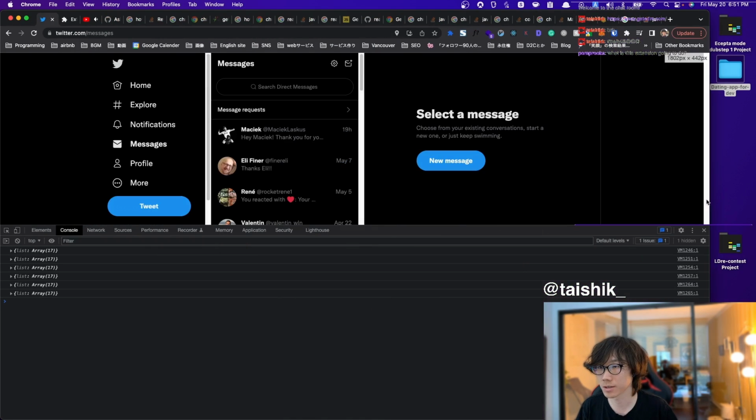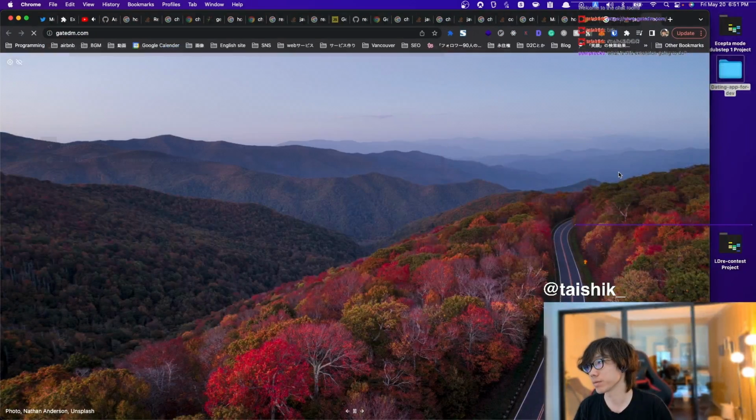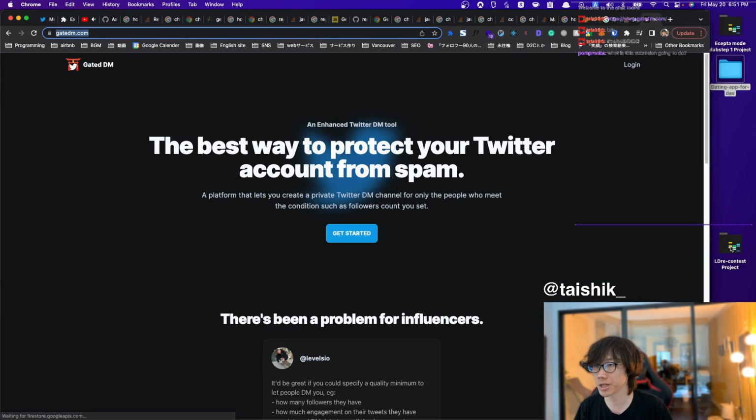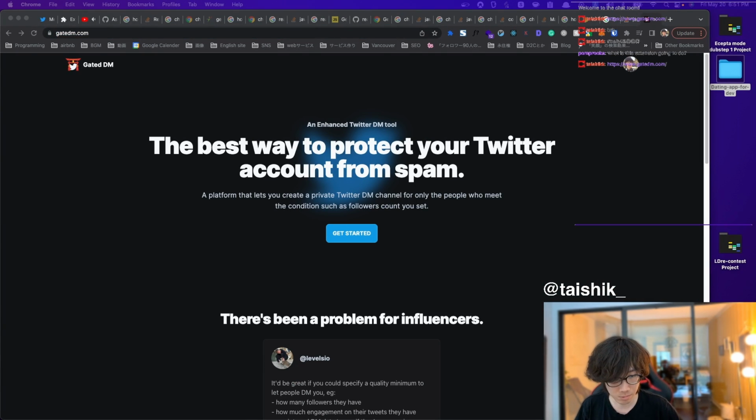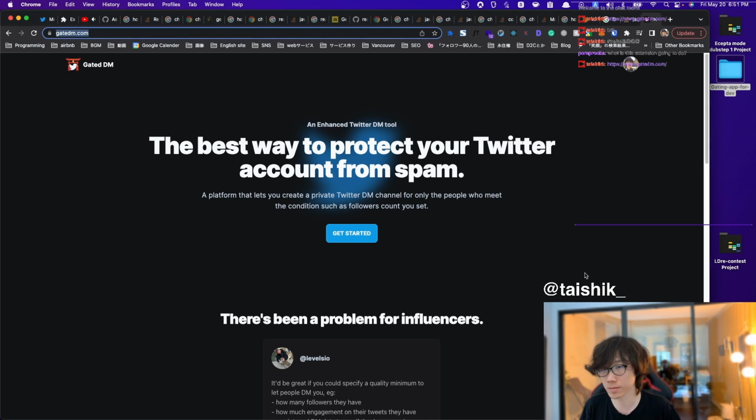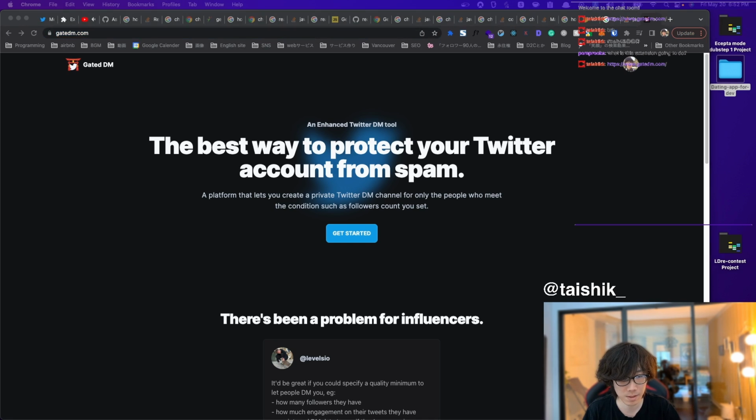Originally I was building the web application called gated DM, which I just posted on the chat. What it does is gating the DM system, so only specific people can send DMs to you on Twitter. So I made this gatedDM.com,